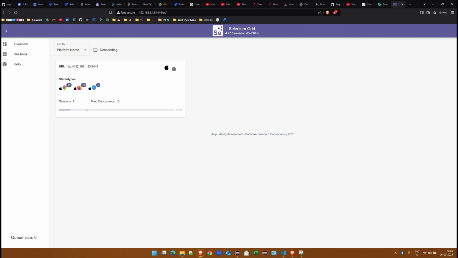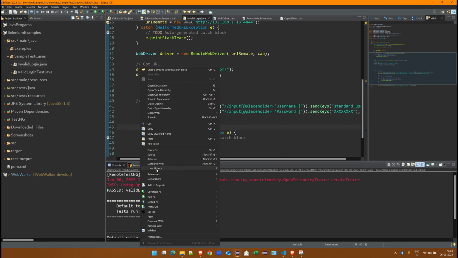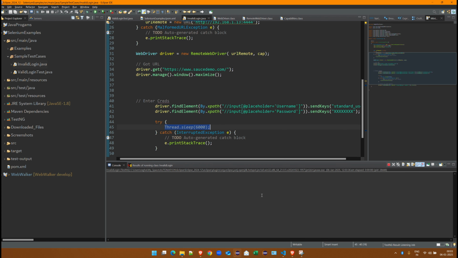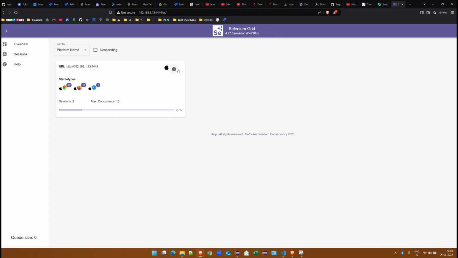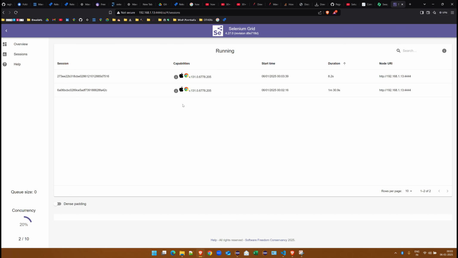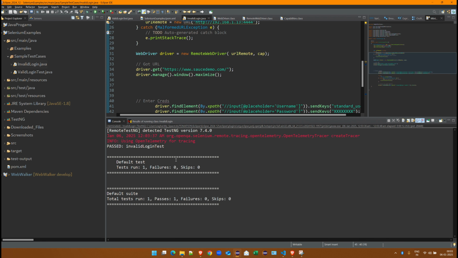so it has not freed up that session, that test case that we ran. This might take a while, but let's run this and see if it creates another session over there, right? So I'm moving at this very time. As you can see, the session has now turned to 2. That means it has created another Windows session for this Chrome browser, and it might still be running over there. So we have added a wait time over here. By the time it gets freed, it eventually frees up the session so that it can be used by other further test cases. Okay,